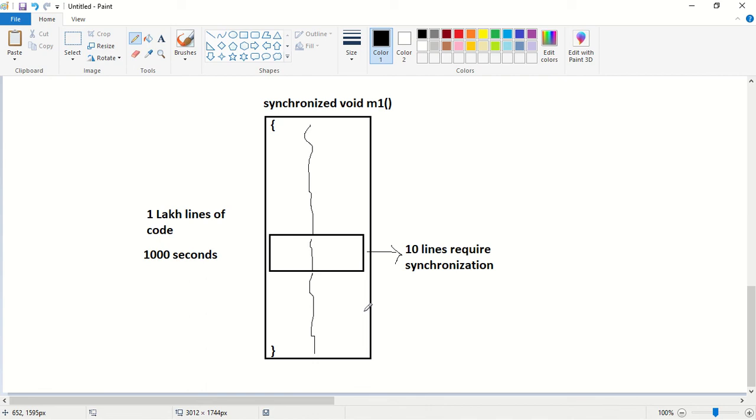So what is Yogendra's principle? From Bangalore to, assume this is Bangalore, from Bangalore to Shiradi Ghat. Assume this box is Shiradi Ghat. So those 10 lines of code is Shiradi Ghat. From Bangalore to Shiradi Ghat, we can allow multiple vehicles. Next, in Shiradi Ghat, we can allow only one vehicle. After Shiradi Ghat, we can allow multiple vehicles.